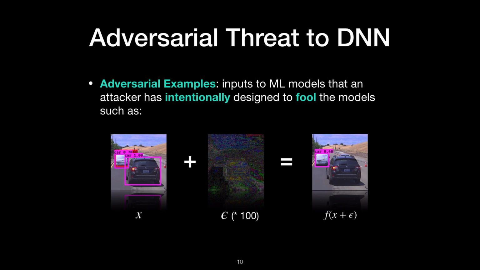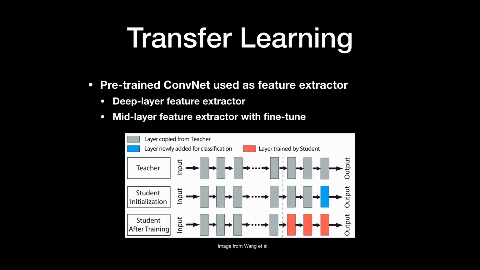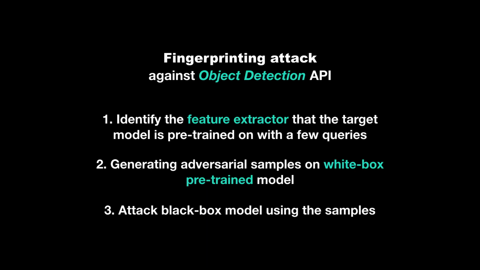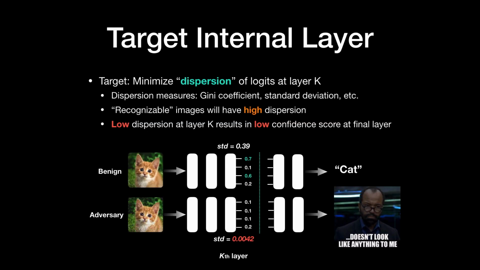Could you please explain more details of the fingerprinting? Oh, the fingerprinting? Okay, sure. Let me see. Here is the fingerprinting. Okay, right here. So the fingerprinting basically is that you need to identify which feature extractor is being used, right? So the thing is,